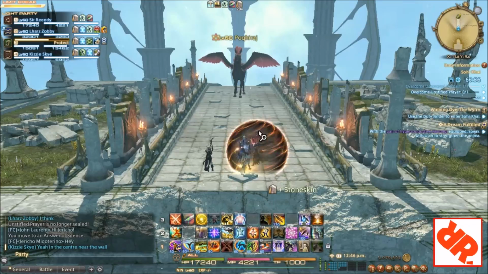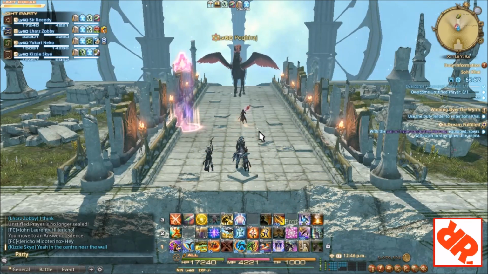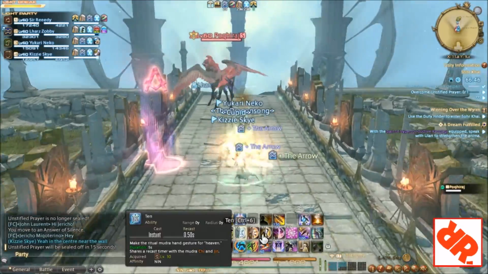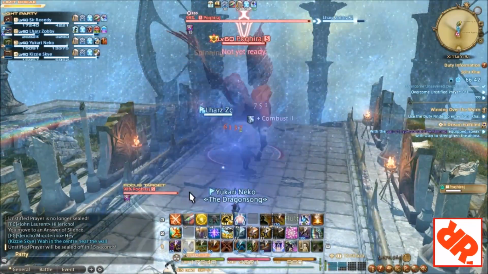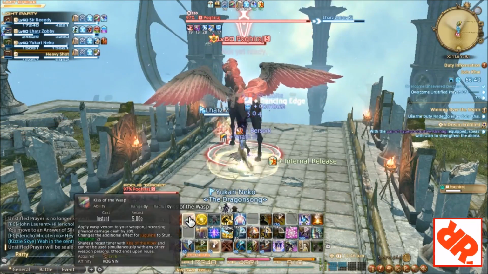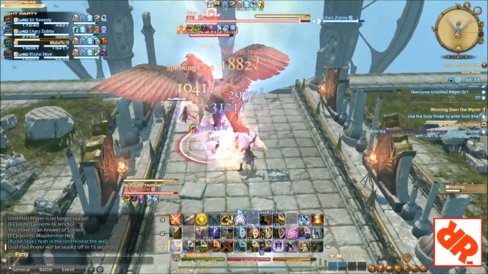So after taking out some more mobs, you're going to arrive at the second boss room and face Cauterize. So first thing to mention in this fight is that the wall is your friend. You do not want it to get destroyed, so a first move that Cauterize does is Quasar, and basically this